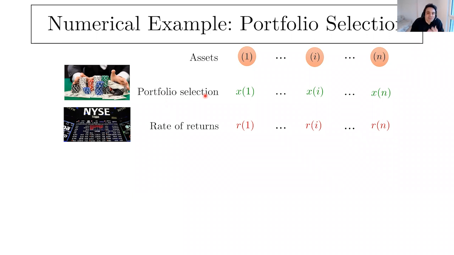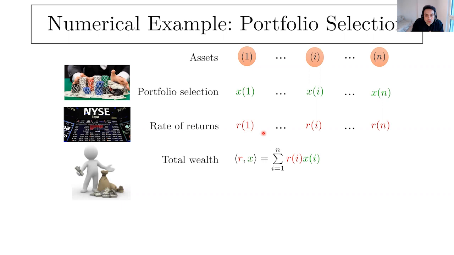What is the catch, or what is the difficulty, is that you don't know the rate of return of the asset. So you first put your money, and then tomorrow you come back and see what happened to your money. That's represented by the so-called rate of return. So you can think about this: R1 is, let's say, you put $1 in asset 1, and tomorrow your money is going to be R1. So that's what is called rate of return. That's a perfect setting for this online decision making, where you always have one lag behind the uncertainty.